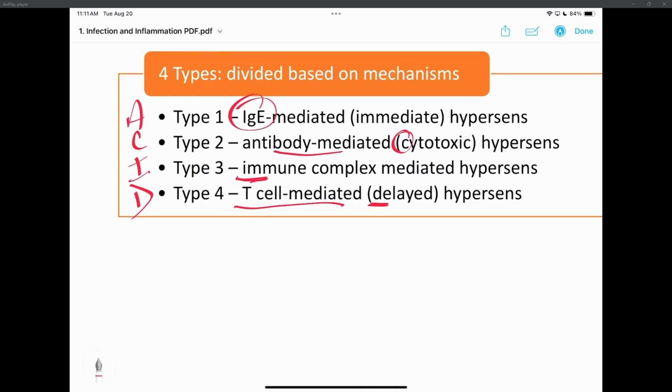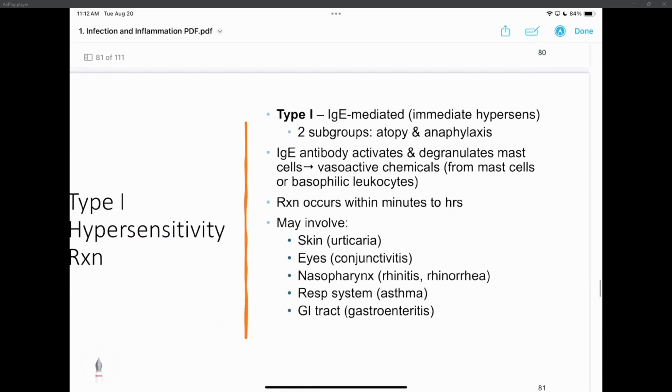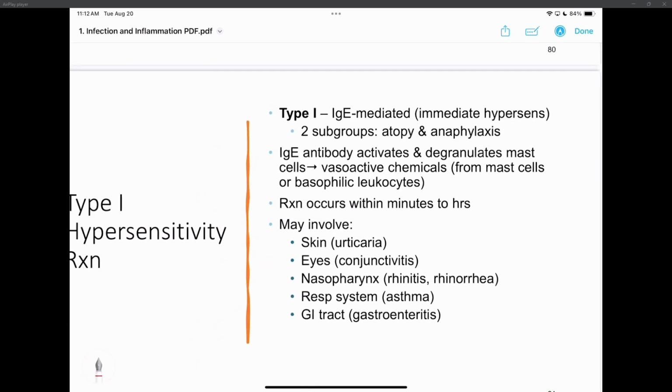Okay, anyone, guys or girls, wear fake jewelry and get that reaction on you afterwards? That's the delayed type 4 reaction. Your body's reacting to the cheap nickel in the gold. So, okay, type 1, IgE mediated. The 2 types are atopy and anaphylaxis. Peanut allergies, insect bites, stuff like that. Again, IgE mediated. So IgE is always allergies. Just remember allergy.